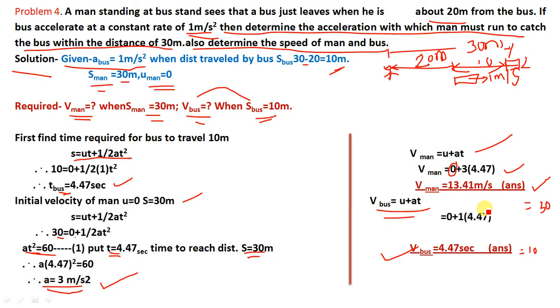Okay, so we have solved the 4 numericals today. So go through those numericals again and try to attempt some numericals. My dear friends, these problems are quite simple. You just have to learn the 3 formulas: v is equal to u plus at, v square is equal to u square plus twice of as, and s is equal to ut plus 1 half at square.